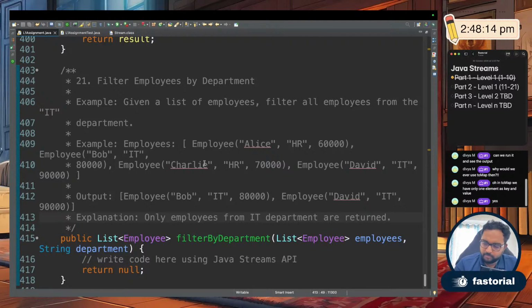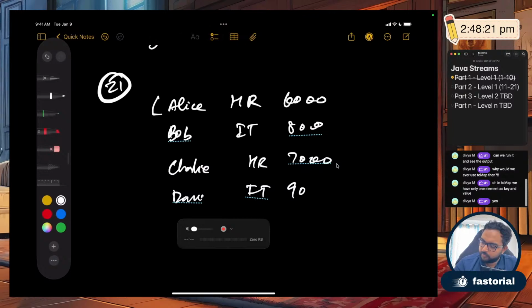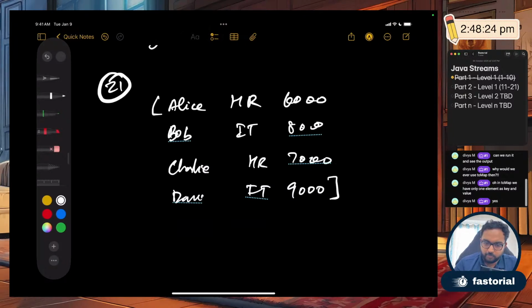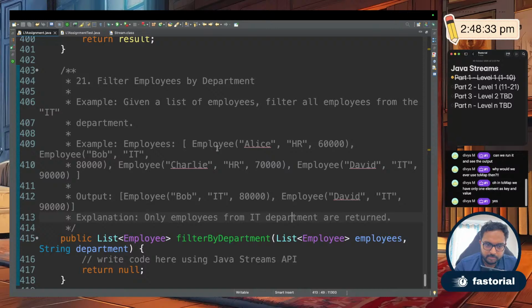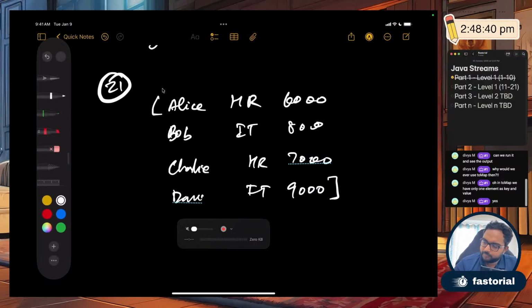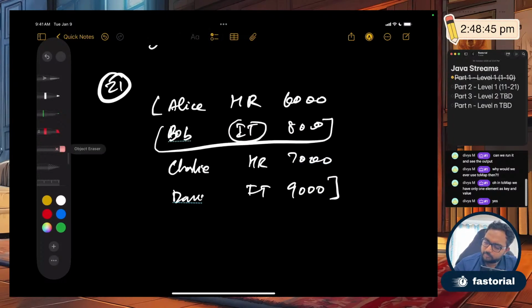David, IT. Oh, three people only. David, IT, 90,000. Okay, four people. So they gave this list of four people. Now what they wanted to do is filter out only the people that are in a specific department, and the department they asked is IT. Filter all employees from the IT department. So we have to return only these two people, this Bob,